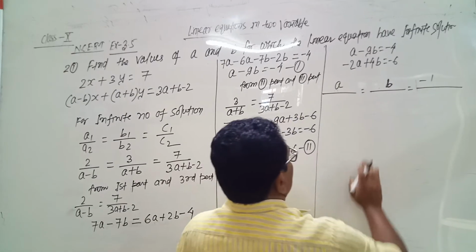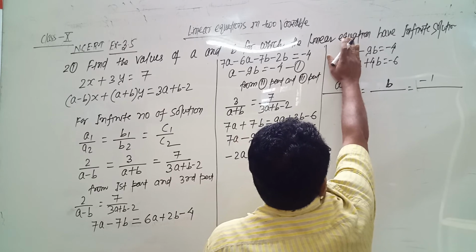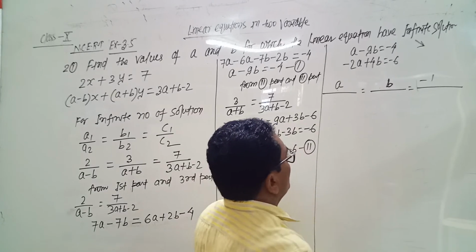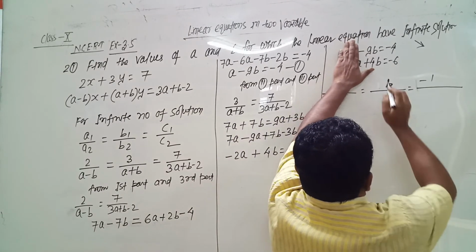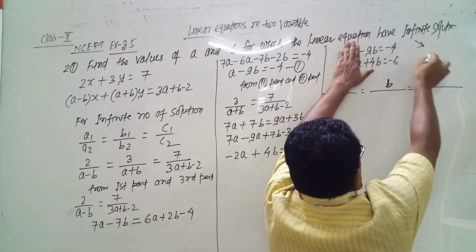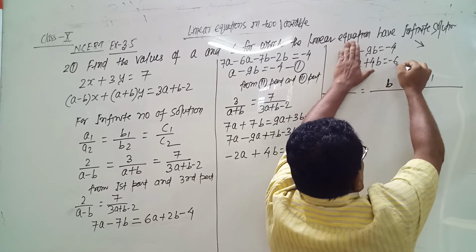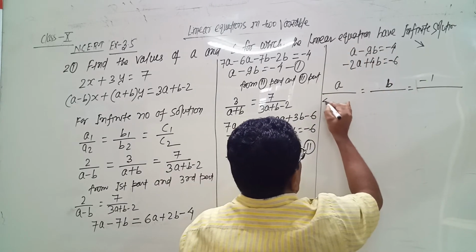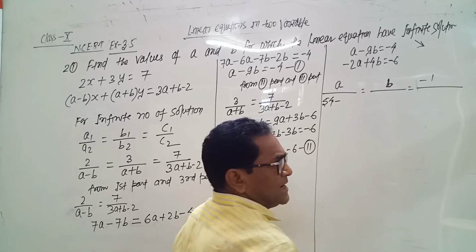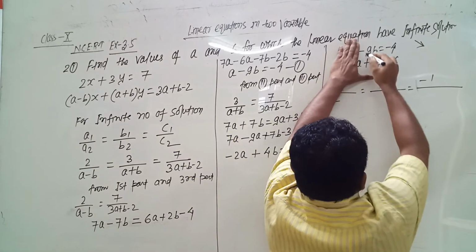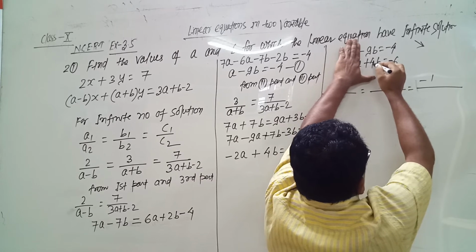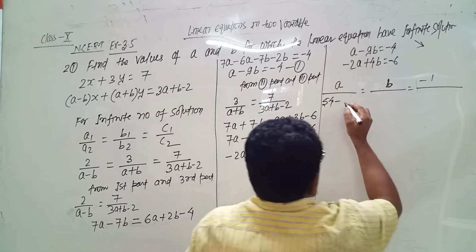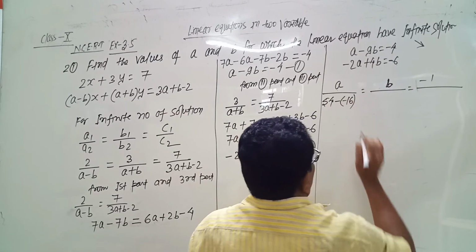No matter whether variable is x in xy or in ab, the minus 1 would be written every time as it is. So when we take a, we close the term containing a, and the direction of first multiplication is from top to bottom. So we close this, then the direction of multiplication, minus 9 multiplied by minus 6. So minus minus plus and 9 into 6, 54. Put the minus sign. When we multiply minus 9 by minus 6, then we have to multiply 4 by minus 4. So plus minus minus, and this is minus of 16.